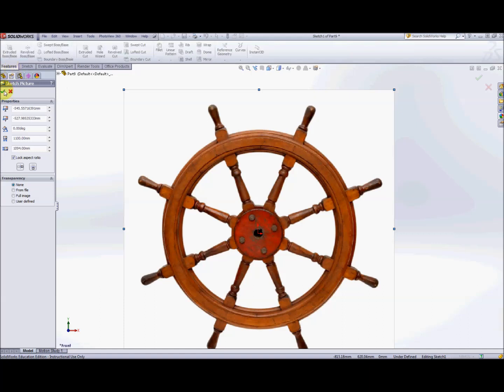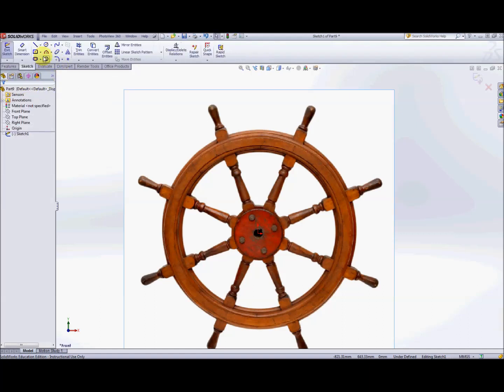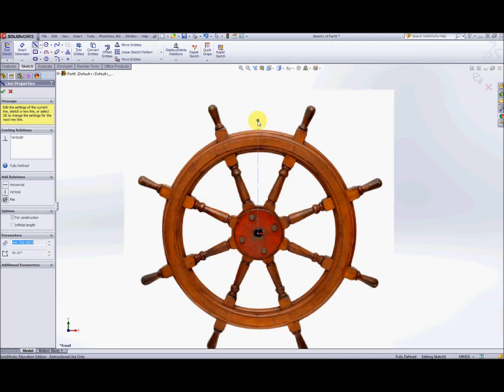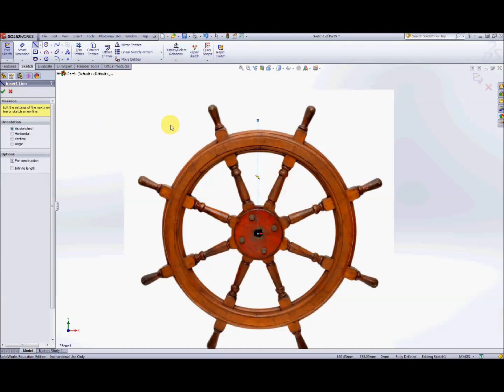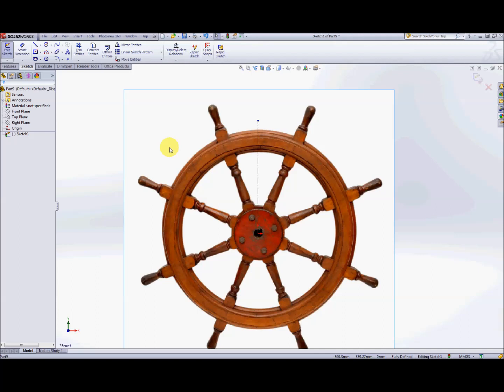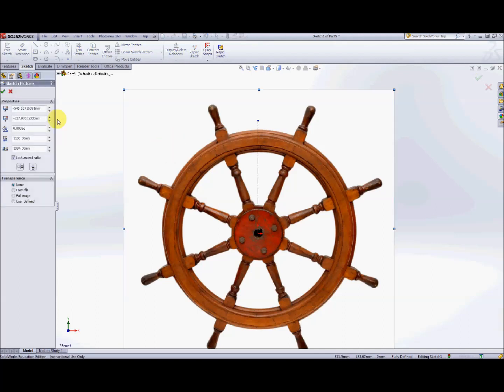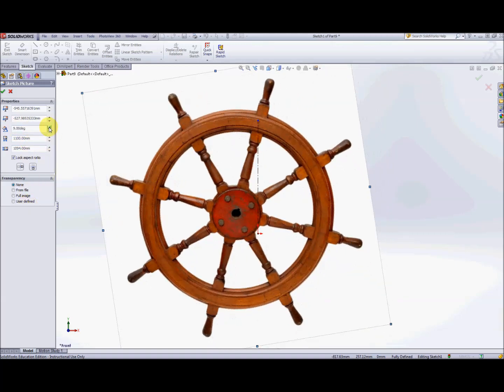One way to get a little bit more accurate will be to put in some center lines, which is probably what I should have done in the first place. Let's have a vertical one. Reason for that is because if I just go back to the original image, and the way of getting back to that is just by double clicking on it, and then the dialog box comes back. I want to rotate that so that it's